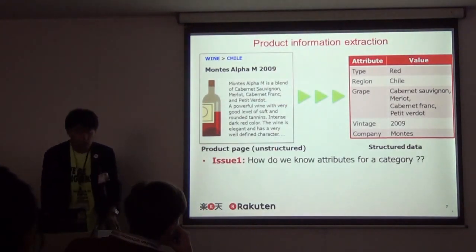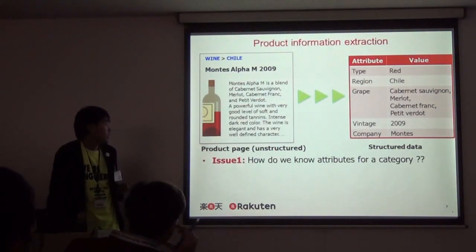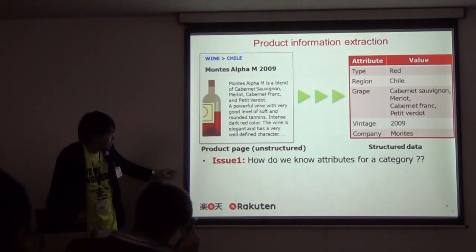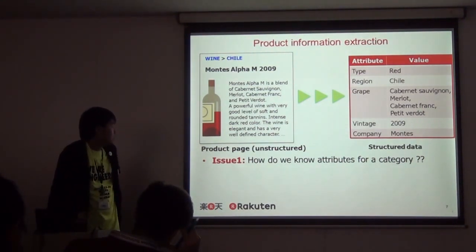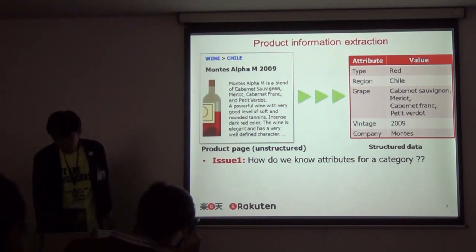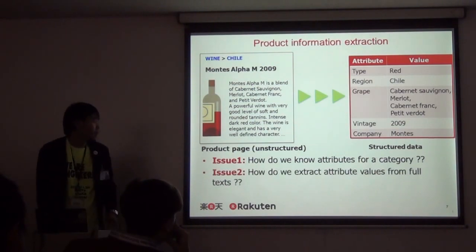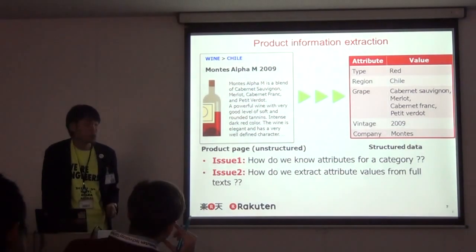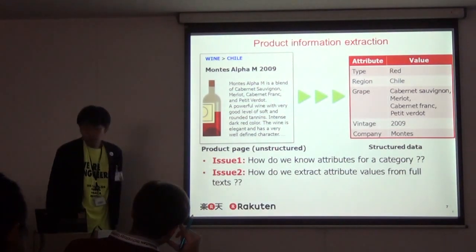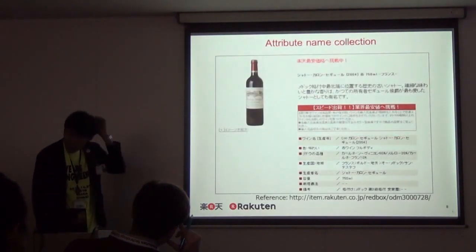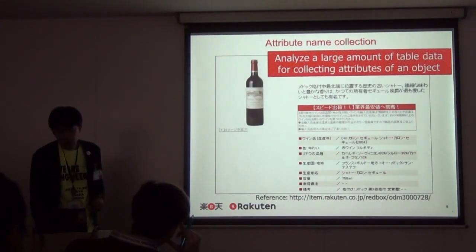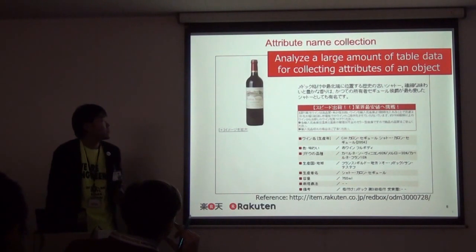We have two technical issues. The first is how do we know the attributes for a category, and the second is how do we extract attribute values from full text. For the first issue, a key idea is to analyze a large number of table data in Rakuten